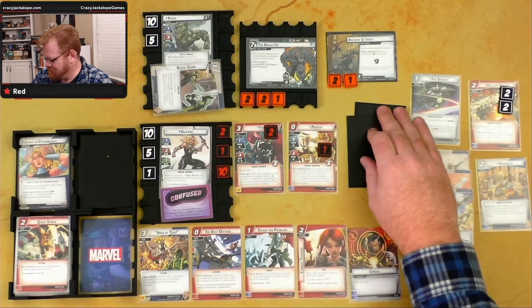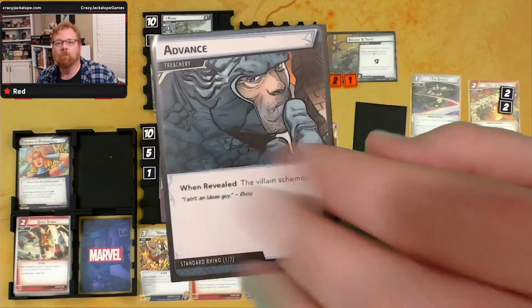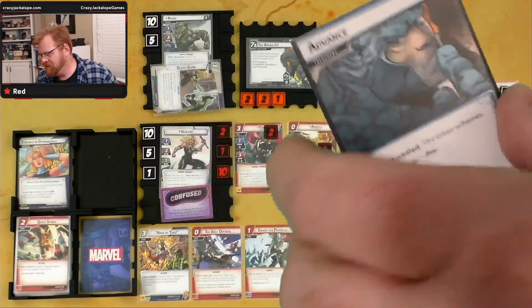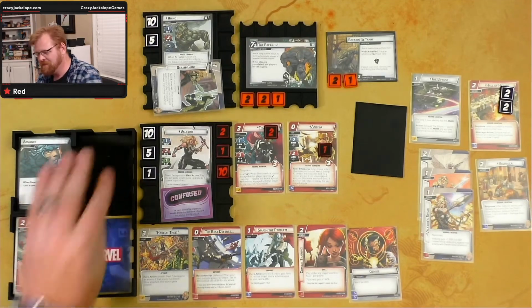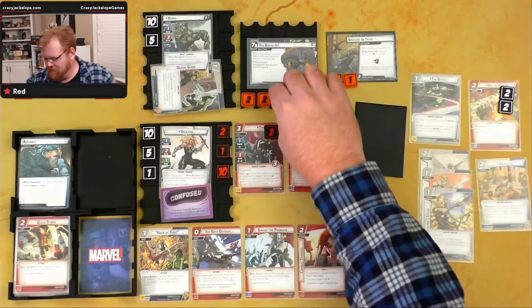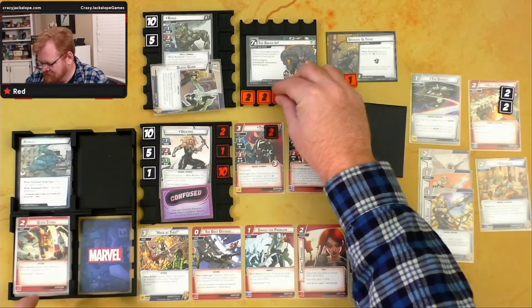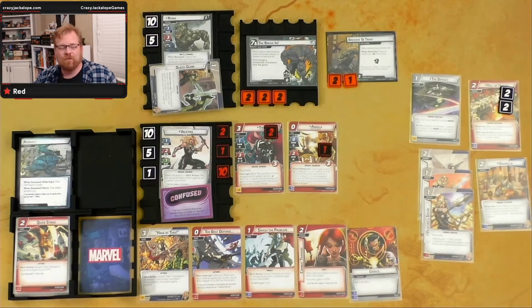All right. Card number 1. Boom. Oh, it's an advance. He's going to scheme. So he's going to scheme for 1. He's going to get a boost of none. All right. So we're up to 6. Ugh. All right. Counter card number 2 is